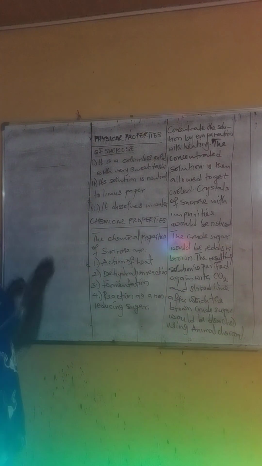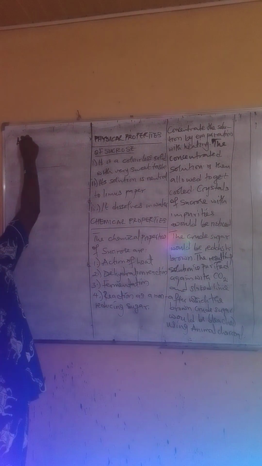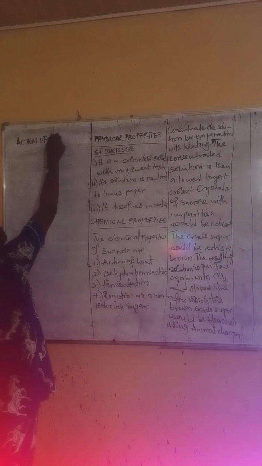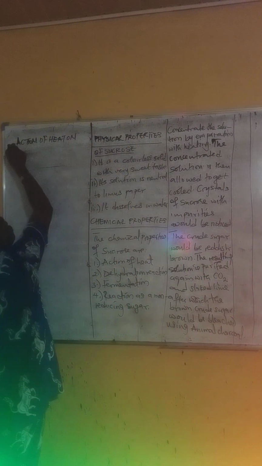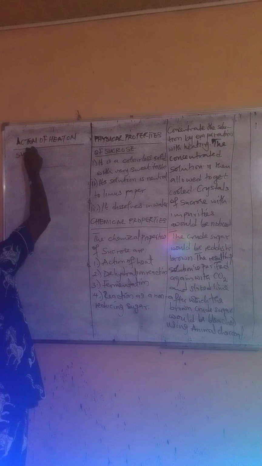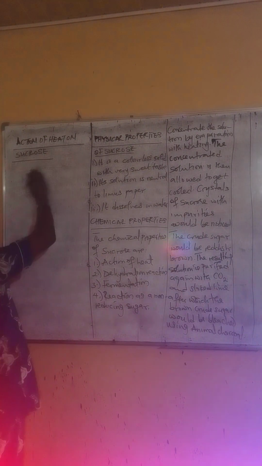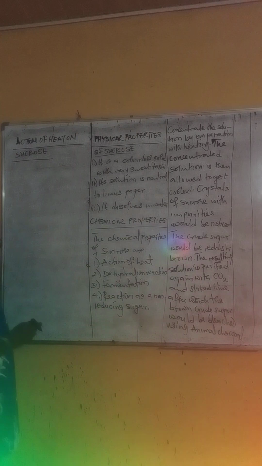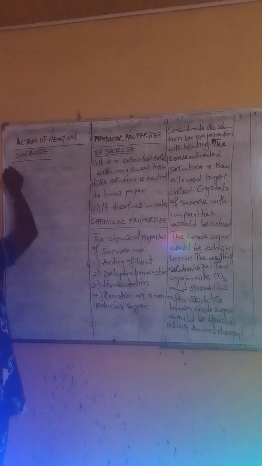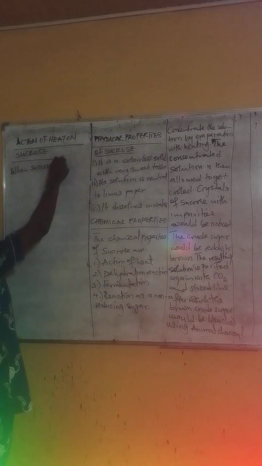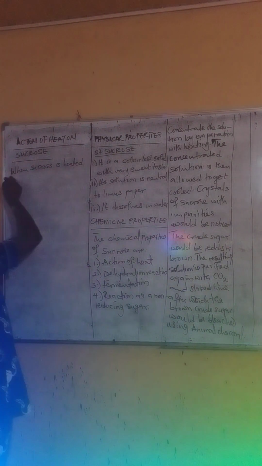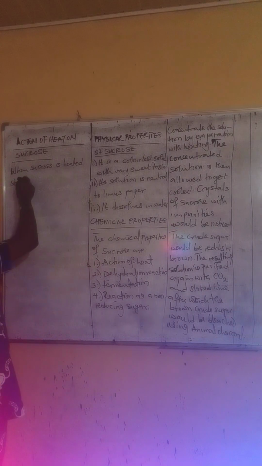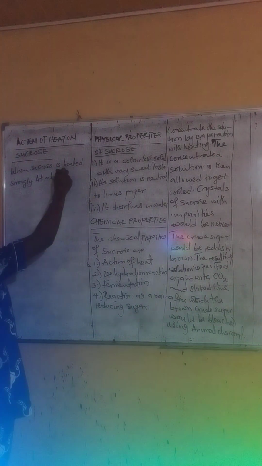The first one is action of heat on sucrose. We are going to demonstrate that now. When sucrose is heated strongly at about 255 degrees centigrade,